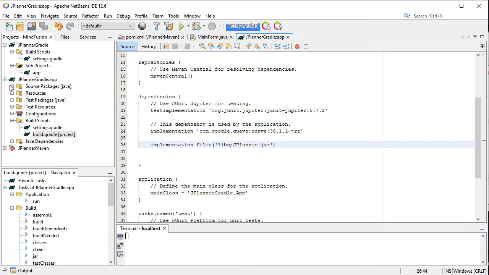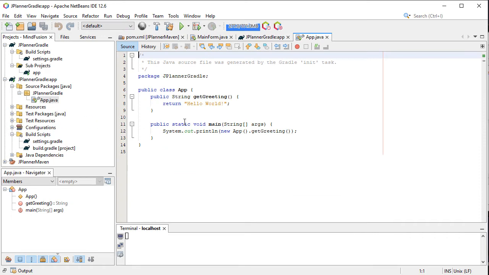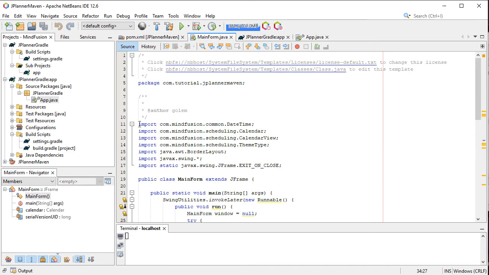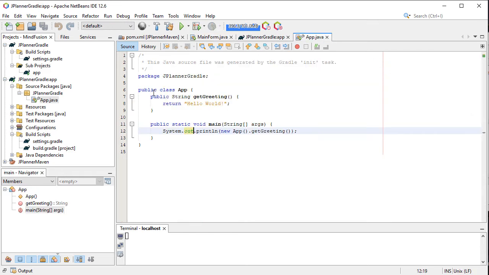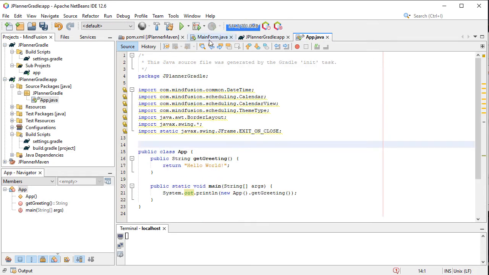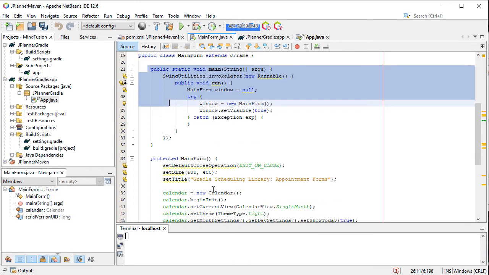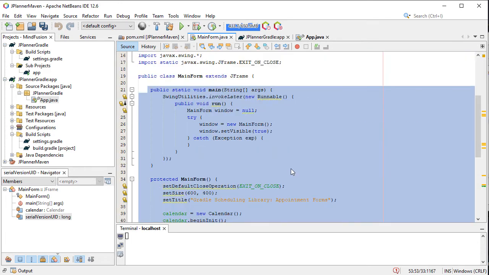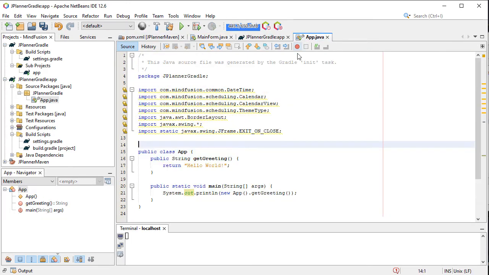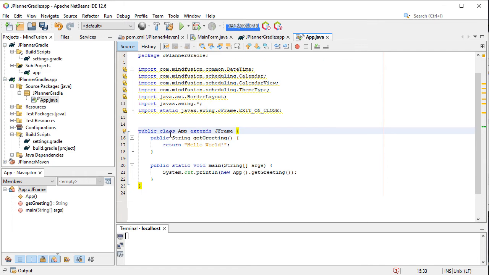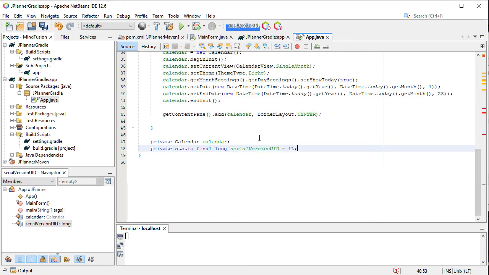Now, if we've done everything correctly, we should be able to use our scheduling classes. Here is the default app class. Let's edit it to show our scheduler using the code from the previous project. Let's add the imports. Here is our code.